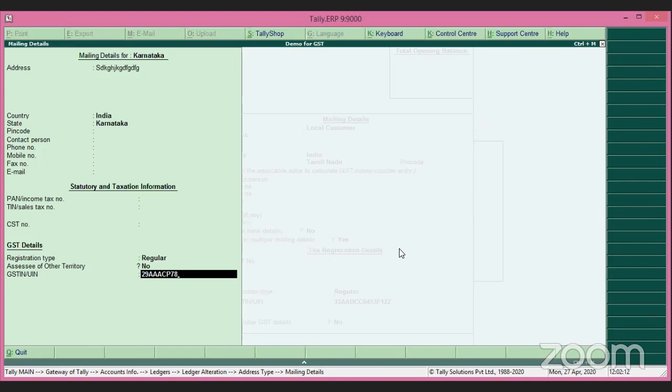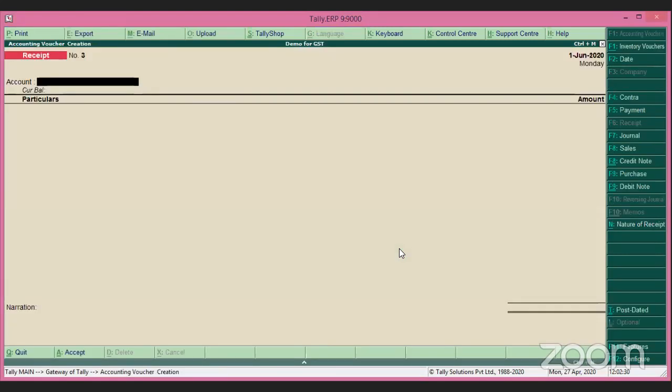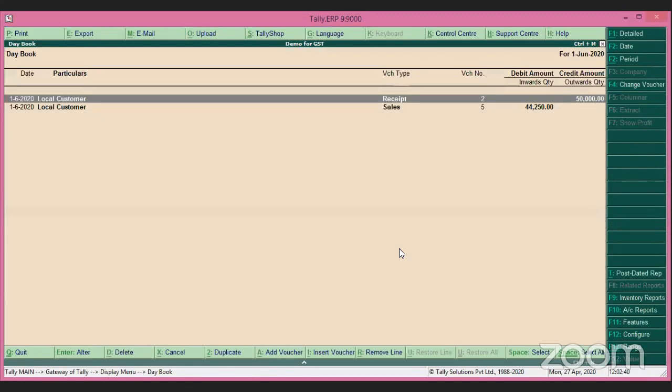So I click the save. Okay. Advance receipt for the month of June. Okay, for 50,000 rupees. Right. So till